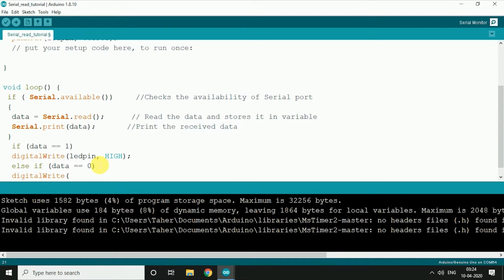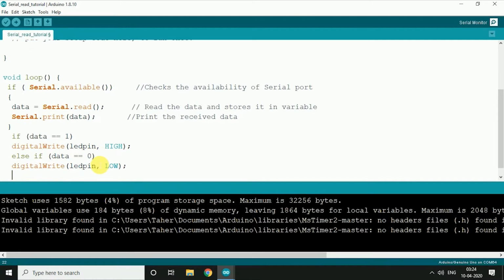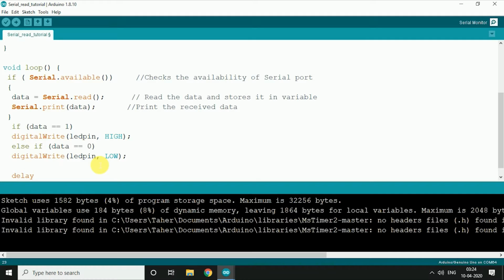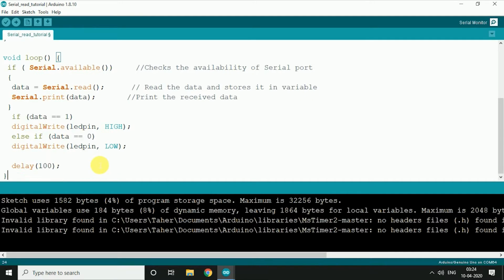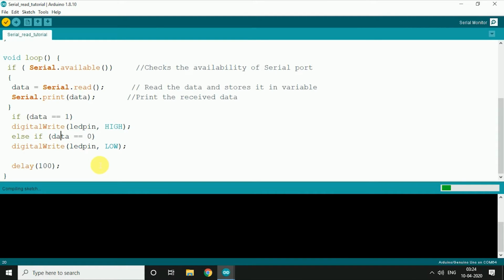So digitalWrite LED pin to LOW, and some amount of delay, 100 milliseconds looks fine. So yeah, we are done with the code over here. We'll save it, compile it and then upload it. So compilation is done. We'll click on upload.